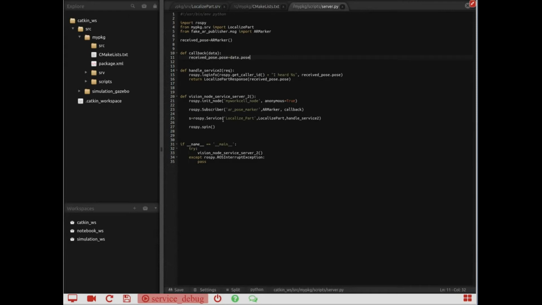and then the user is creating the server, which is this kind of server, LocalizePart, and it provides the pose that comes from the subscriber through the server, okay? And the callback of the server is this function here, handle service 2. Okay,